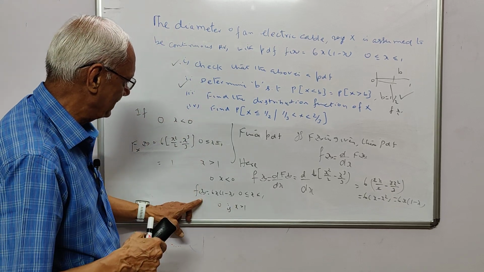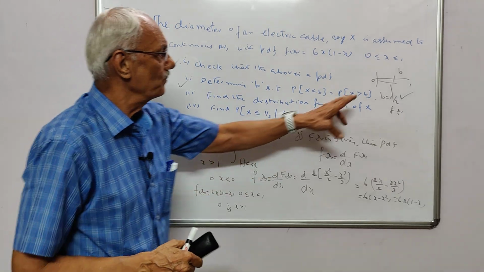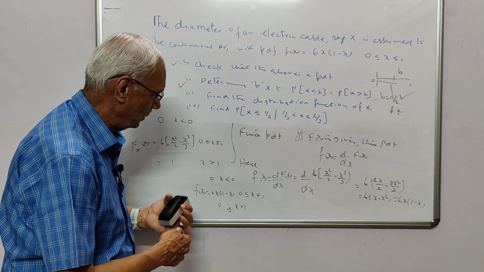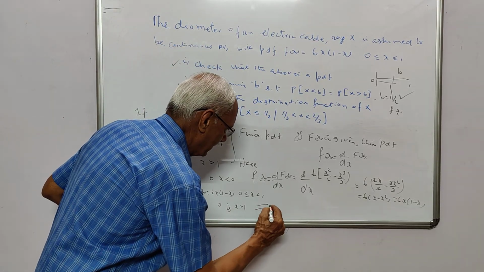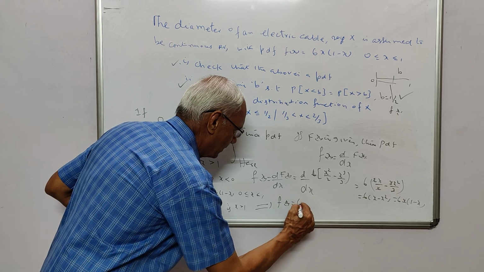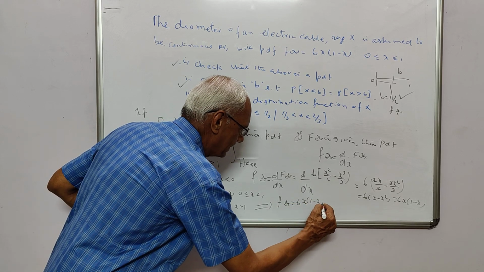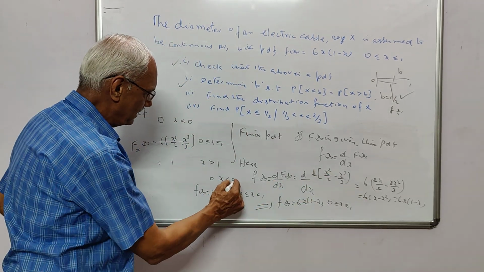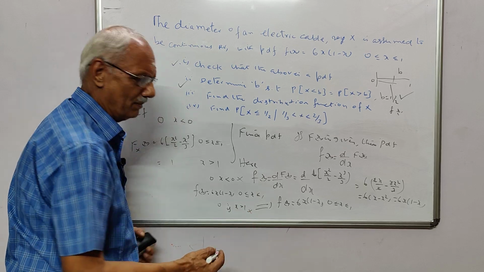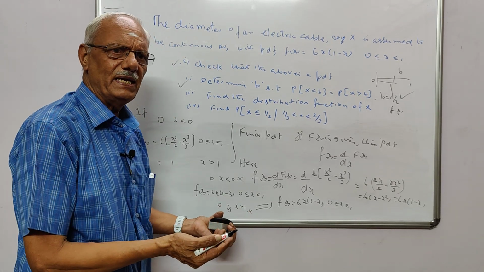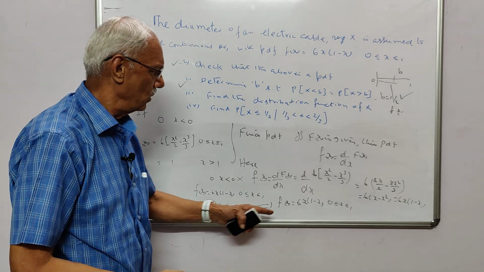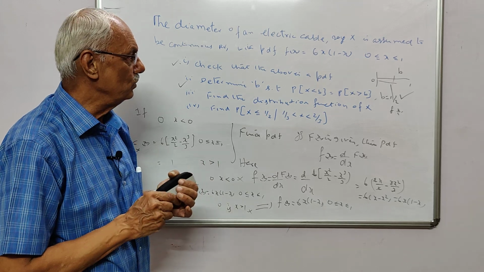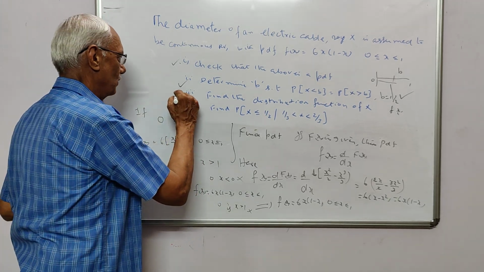See, the PDF does not exist below 0 and for more than 1. So it is as simple as this: f of x is equal to 6 into 1 minus x, 0 less than x less than 1. So this is enough, because for x greater than 1 the PDF is 0, for x less than 0 the PDF is 0, and only for 0 to 1 the PDF exists, therefore you get this. So this is how we do this part, that is the distribution of this.